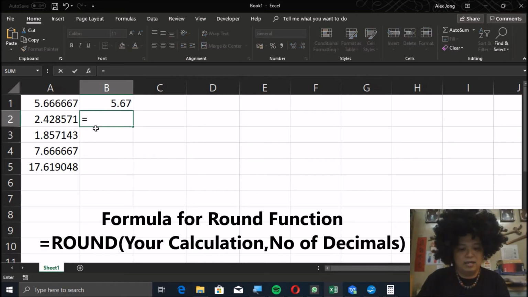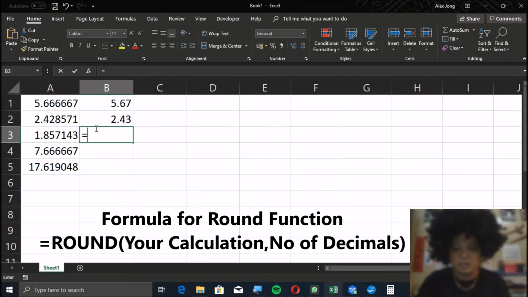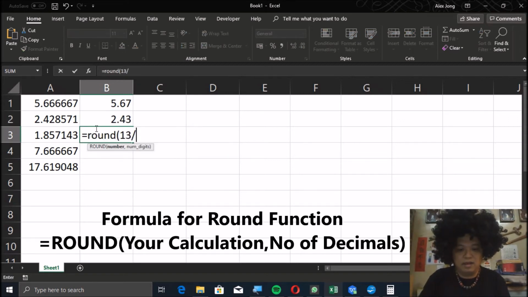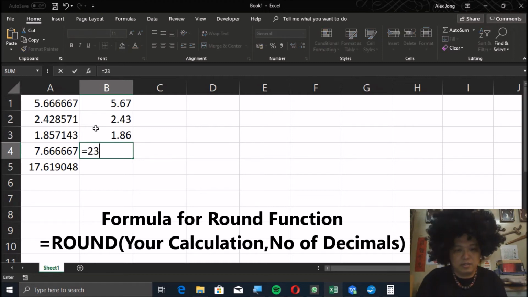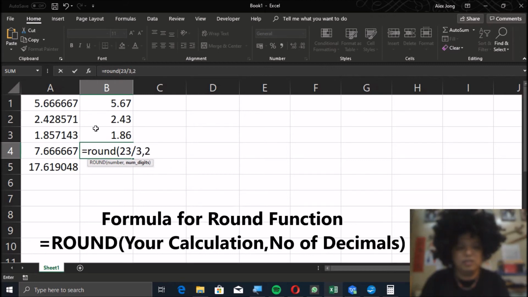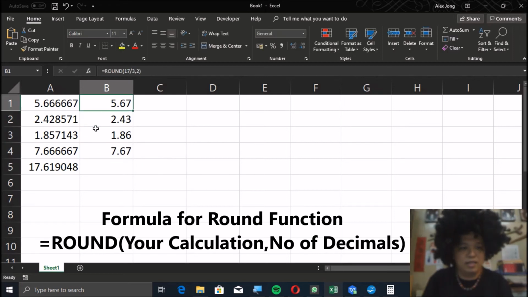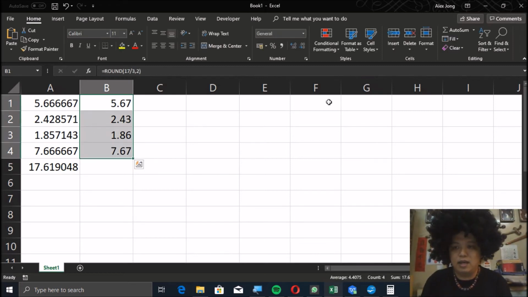Then the next one will be ROUND 17 divided by 7, comma 2. Next one is ROUND 13 divided by 7, comma 2. Last but not least, ROUND 23 divided by 7, then the number of digits is 2 because we just need 2 decimal places. And then close the bracket. Let's highlight all this and then AutoSum. You should get